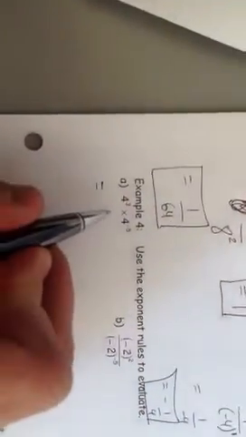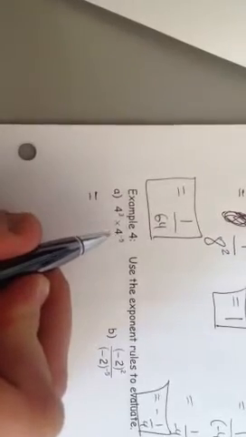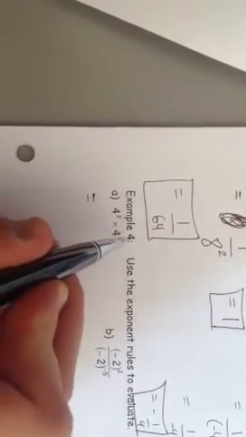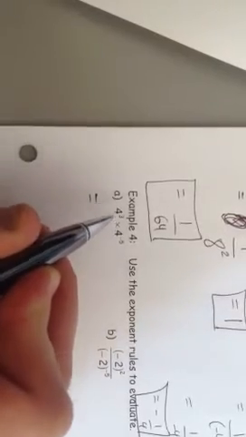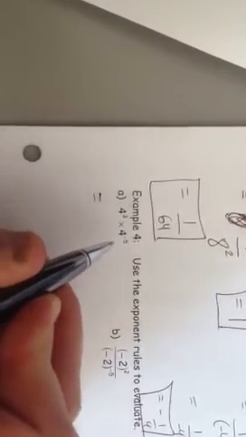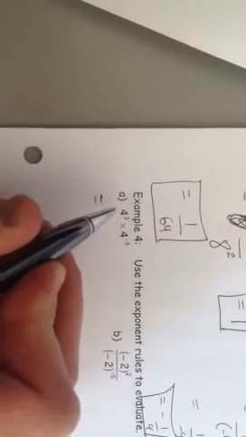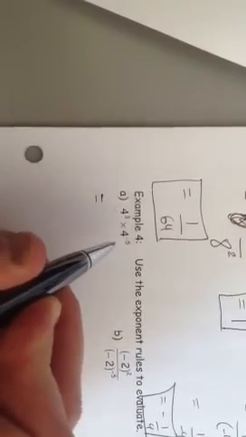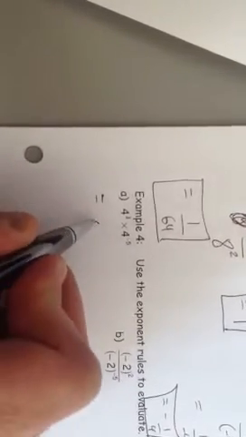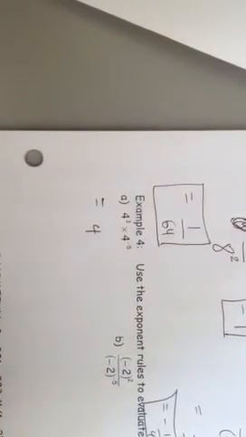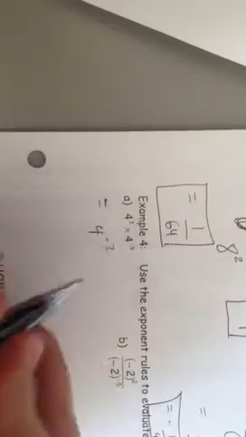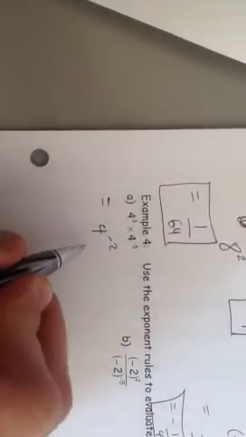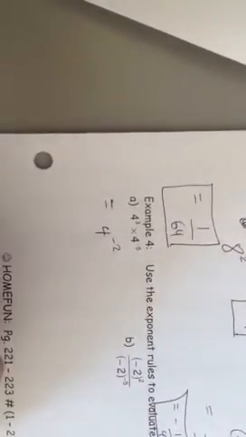So for instance, this one here, 4 to the power of 3 times 4 to the power of negative 5, I'm not going to go and change this here to be 1 over 4 to the power of 5, because what I'm going to do first is do the multiplication rule between two bases that are the same. Both bases are 4, so the multiplication rule says keep the base as 4, add the exponents. 3 plus negative 5 is negative 2. Now, since the final answer has a negative exponent, now I will change this for the negative